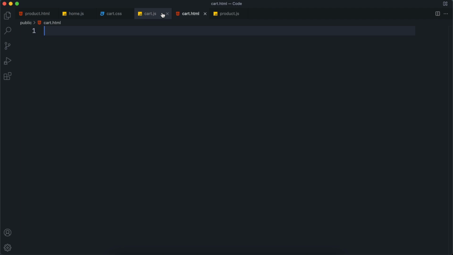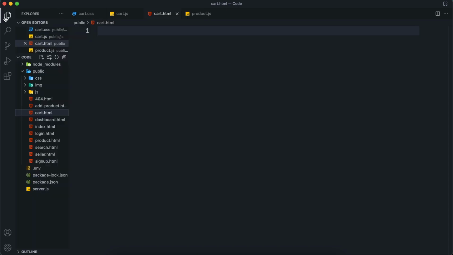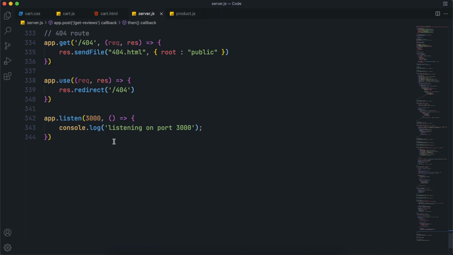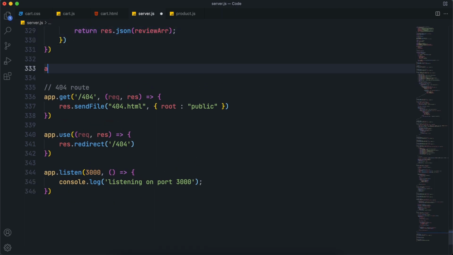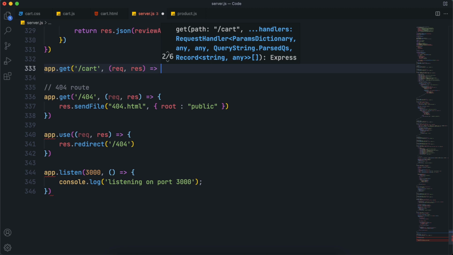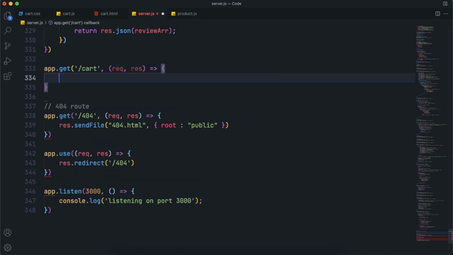And to deliver this cart.html file to our front end, we need to make a cart route. For that, open server.js file, and at the very end, before the 404 route of course, make a cart route with a get request, and once we get a request on cart route, just send cart.html file in response using response.sendFile.